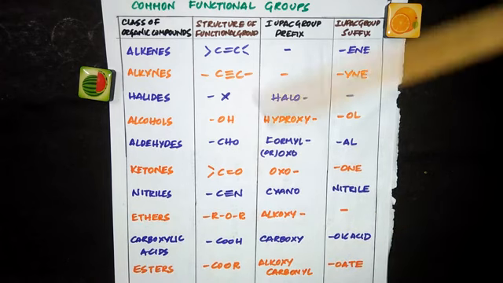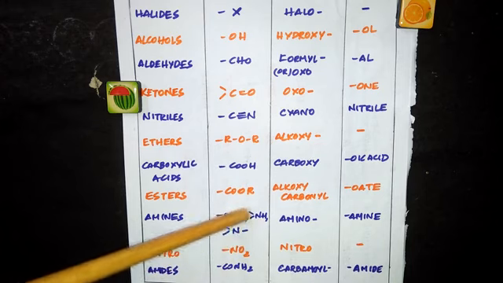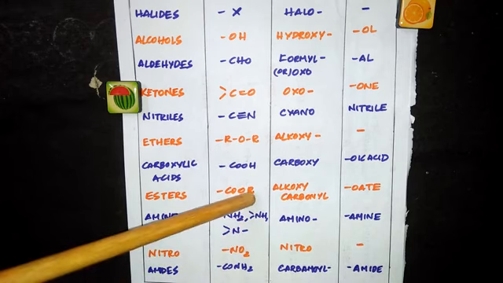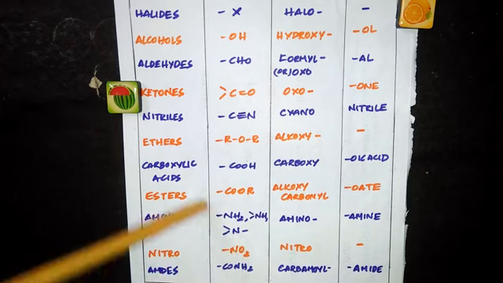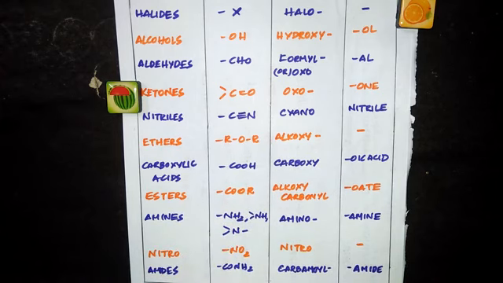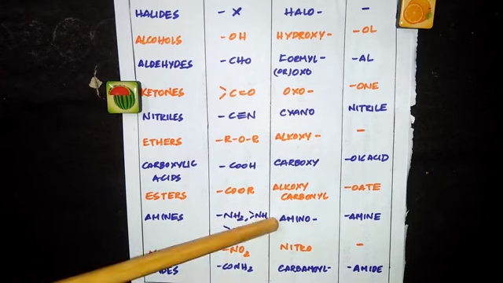Next one is amines. If the functional group is NH2, we call them amines. If it is NH2, one alkyl group will be attached here. It can be NH also, which means one more hydrogen is replaced and two alkyl groups will be present. And another one is where all the hydrogens are removed and three alkyl groups are present. See, RNH2, RRNH, RRRN. All these are amines. The prefix that we use is amino, and the suffix is amine. So when you end the IUPAC name, if this functional group is present, we end the name with amine.